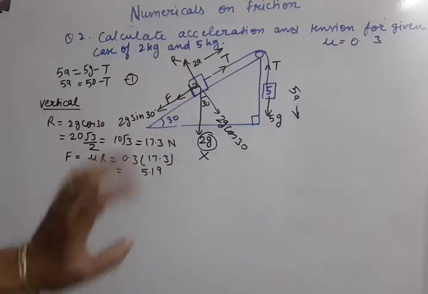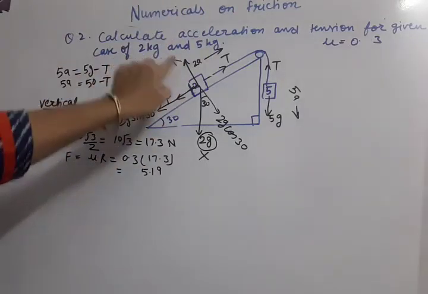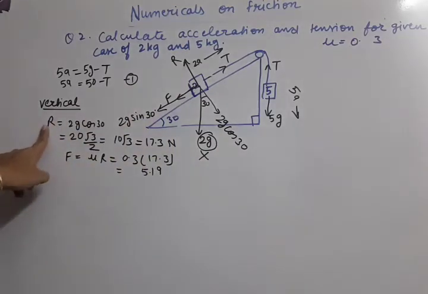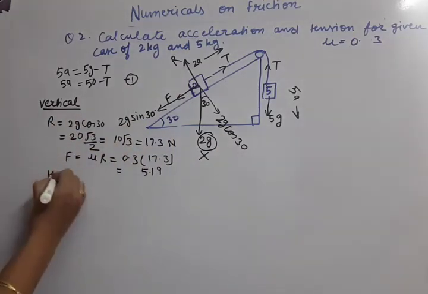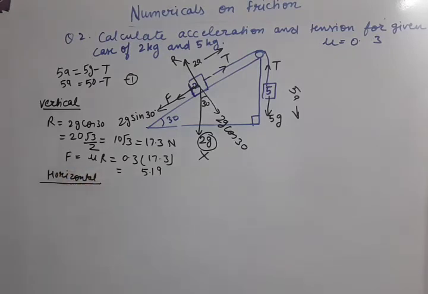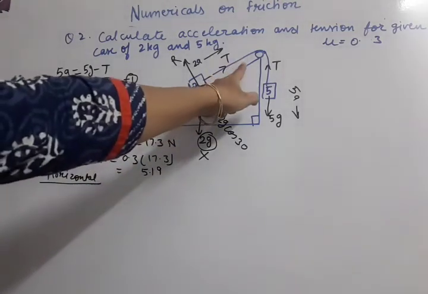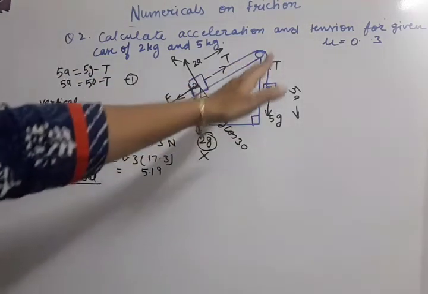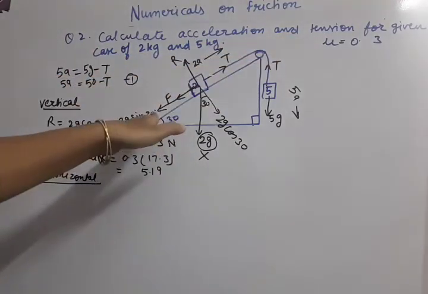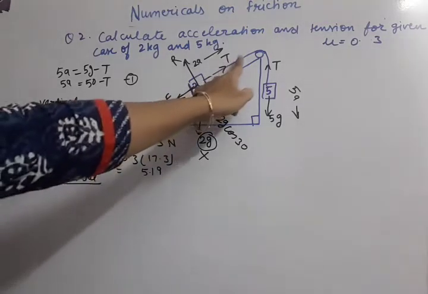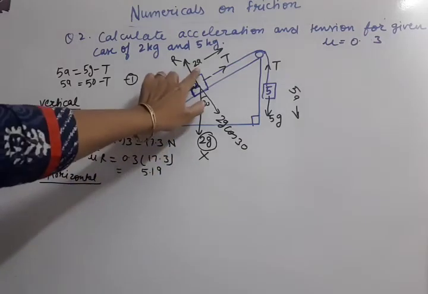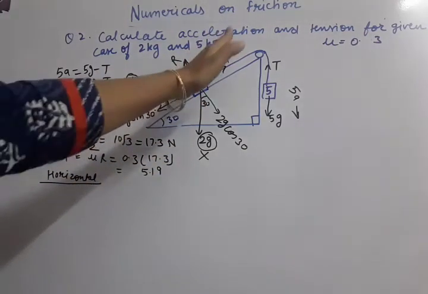But where to use it? Let us see. In the vertical equation we have used R equal to 2g cos 30. We have solved the vertical equation. Now, the horizontal equation. T is on that side in the horizontal line. Horizontal means parallel to this inclined surface. This line we can call horizontal. So T, F, 2g sin 30: three forces are these, and the resultant is 2a, which is also in the horizontal line only.